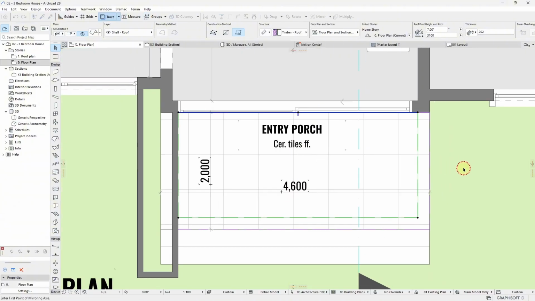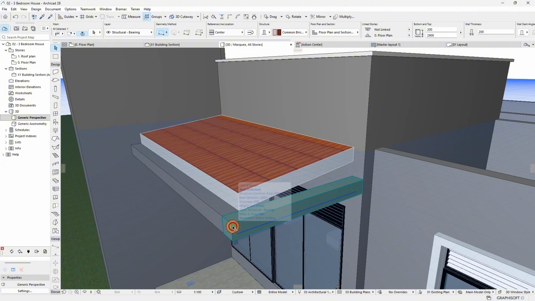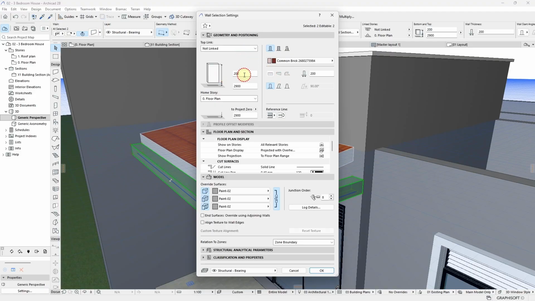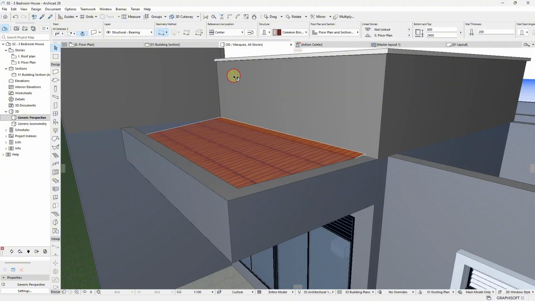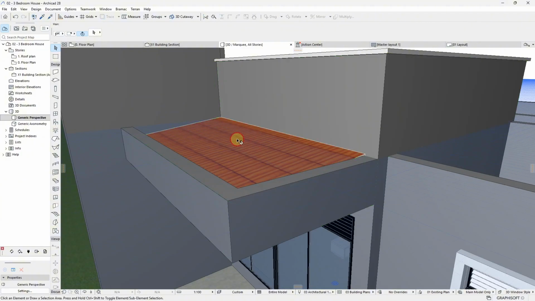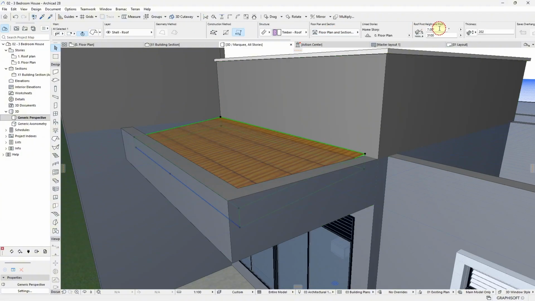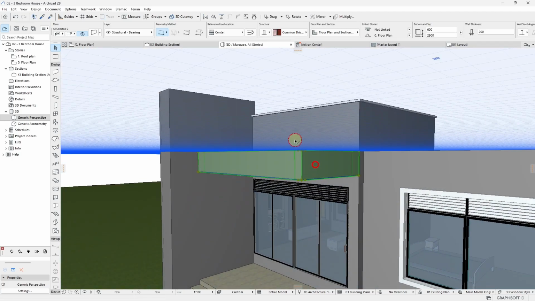You can still select it on the floor, and then you mirror it to this side. I want to take my wall back to 600 millimeters, and I see if the height really fits the roof in. If it doesn't, because we can still have this roof at 5 degrees, because it was 7, you can still have it at 5 degrees, and then you can go ahead and do a coping on